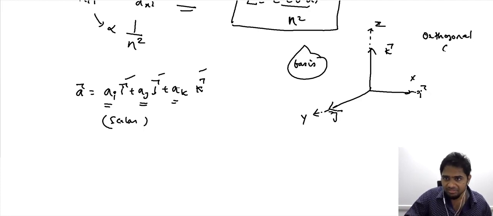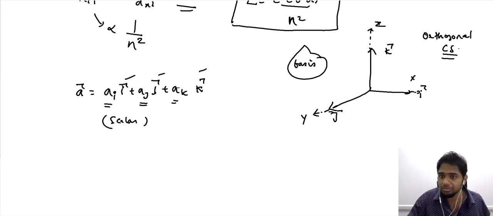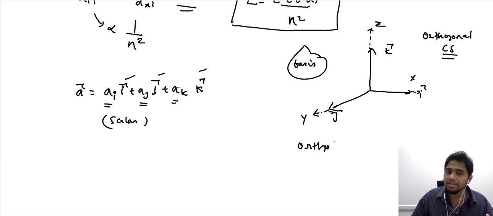orthogonal coordinate system. The reason we use this term orthogonal is because they are perpendicular to each other in a given space. They are perpendicular to each other, so therefore we refer to them as the orthogonal coordinate system. And since these vectors form a part of this coordinate system, and they are perpendicular to each other, the term ortho remains the same. However, these are referred to as orthonormal bases,